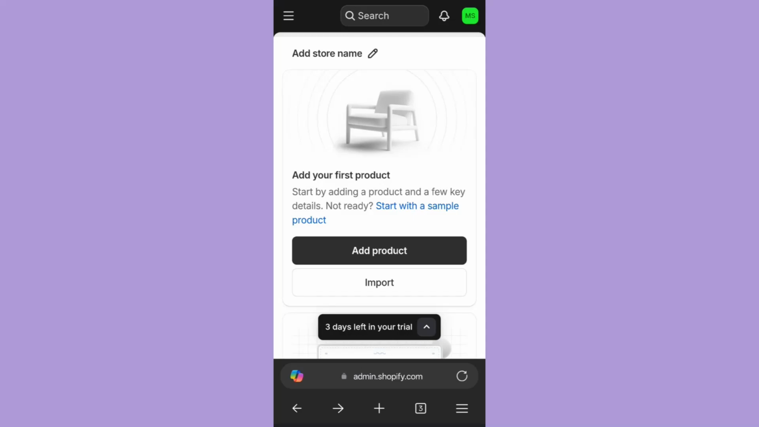In today's video, I will show you exactly how to create a Shopify store on your mobile step by step. So make sure that you watch this video till the very end so that you don't miss any of the